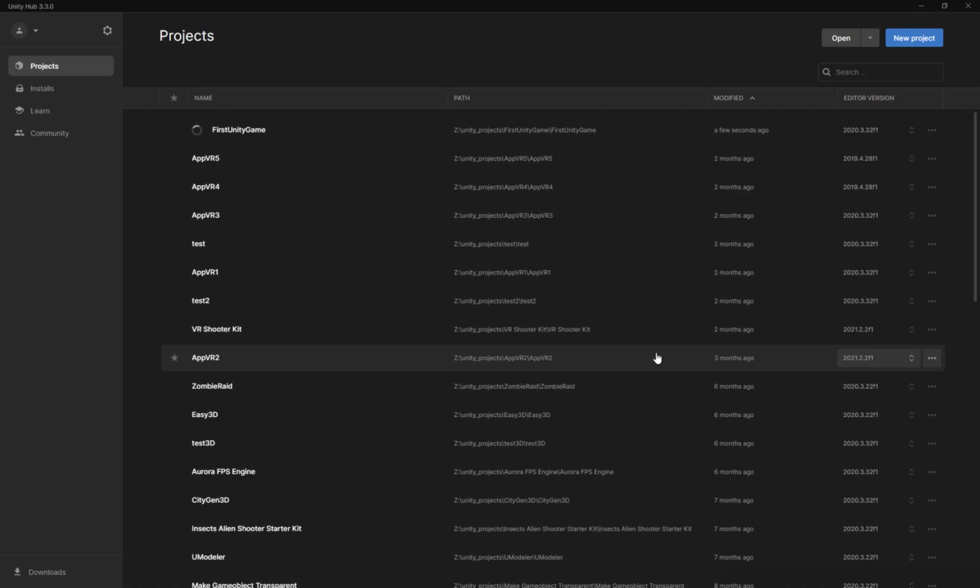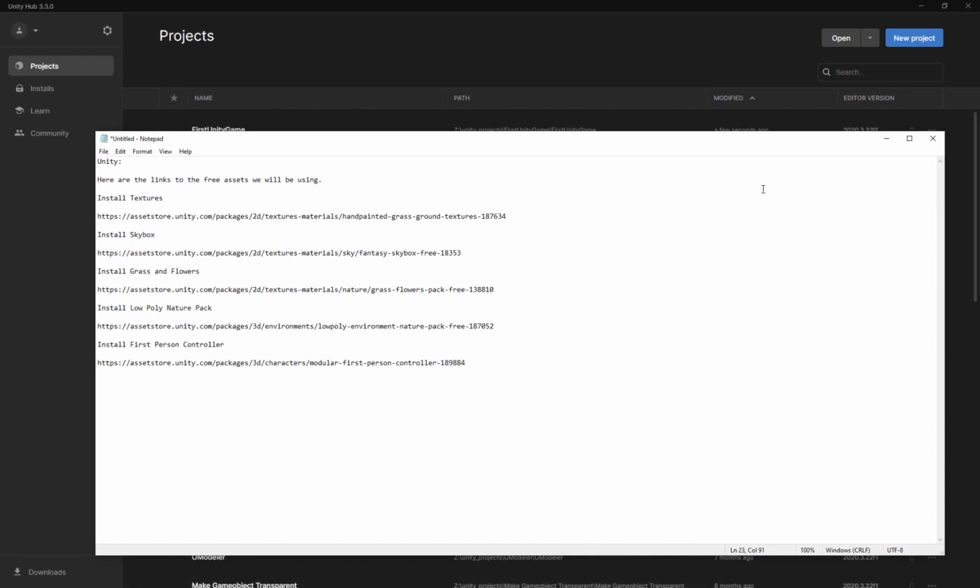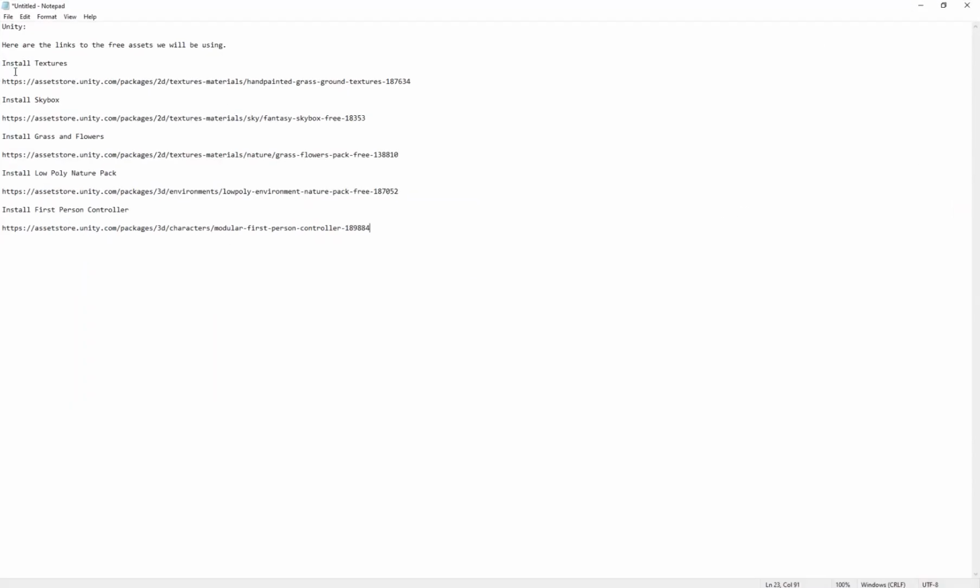Okay, and we have to click the button to create the project, and what's interesting, you have to have the 3D template, so it will be a 3D game. Okay, so let's make that. Alright, and we have to wait for the splash screen which will appear, so let's wait a bit while Unity is loading. Okay, so here we have the splash screen,